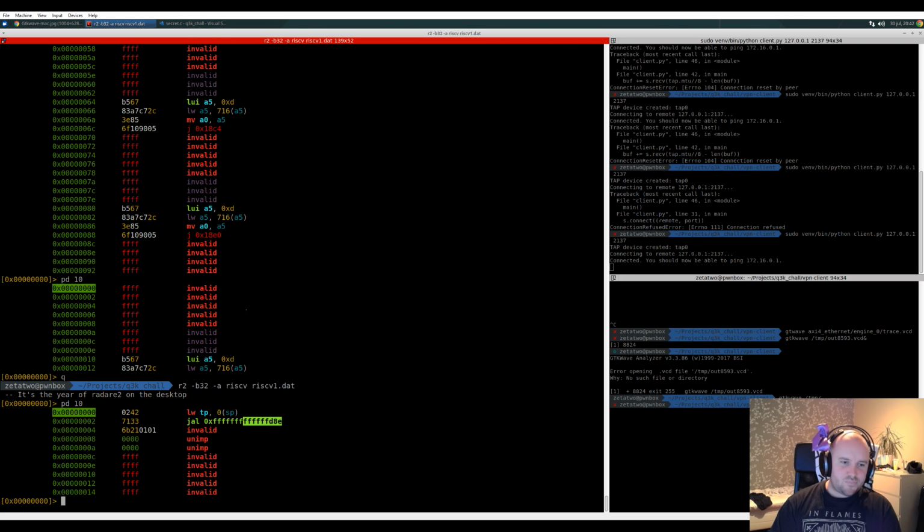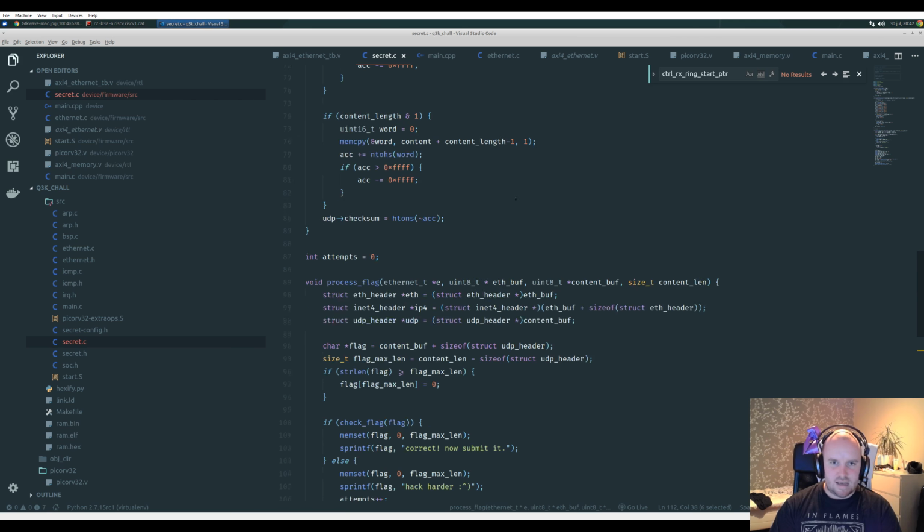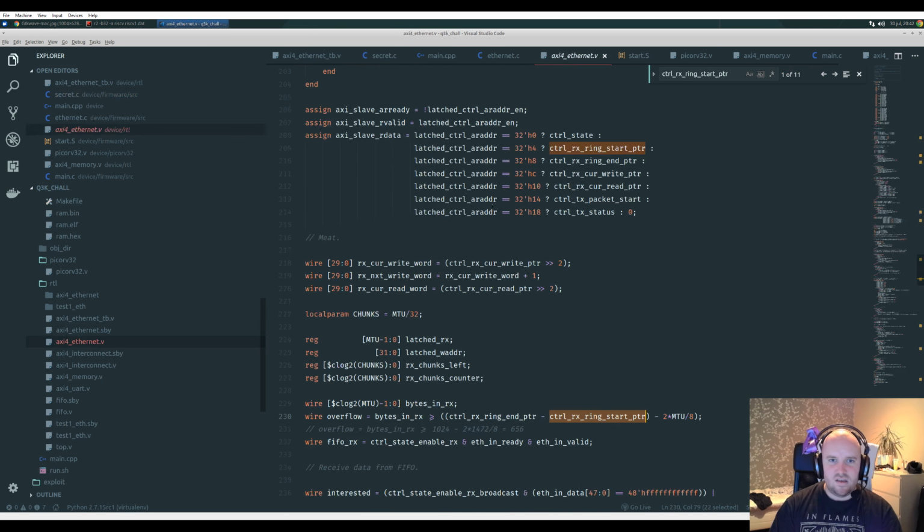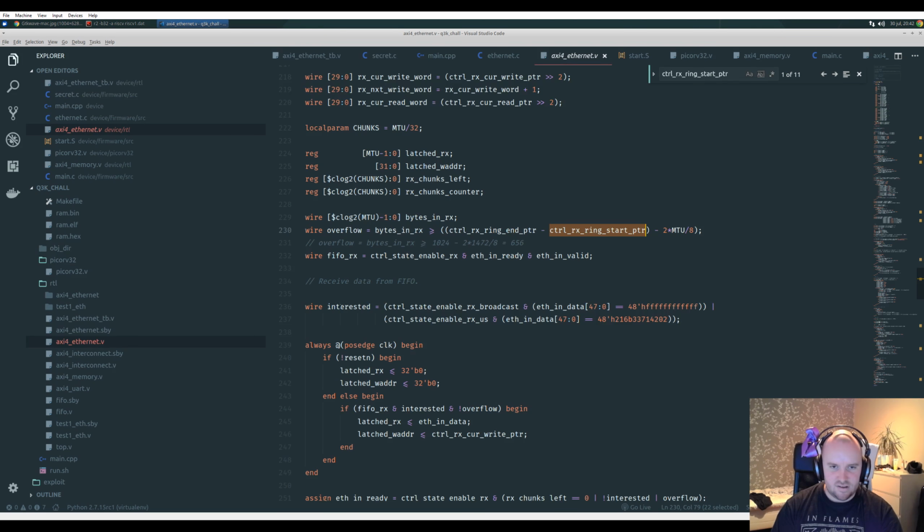This means that we can write almost whatever we want to the first 184 bytes of the memory, except that the Ethernet controller will only accept data. We have this flag, interested. We will only receive data if it begins with the MAC address or the broadcast address. So the restriction we have is that